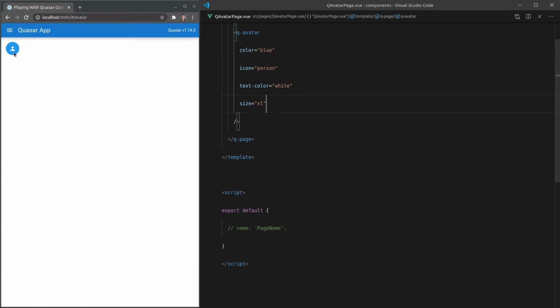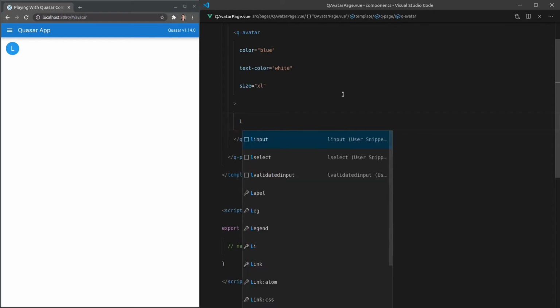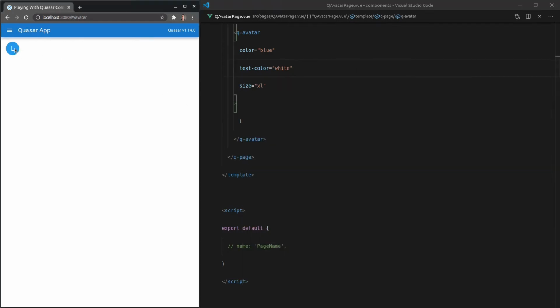Now, maybe you don't want an icon in there. Sometimes, especially for like a phone book, you'll have a whole bunch of avatars down the left side and they correspond with the person's first or last name. So let's remove the icon here and make it so it's no longer a self-closing tag. And my name starts with an L for Luke, so save that. And now it's just an avatar with an L in it. How cool is that? And everything just sort of scales perfectly as you'd expect it to, even when you're using